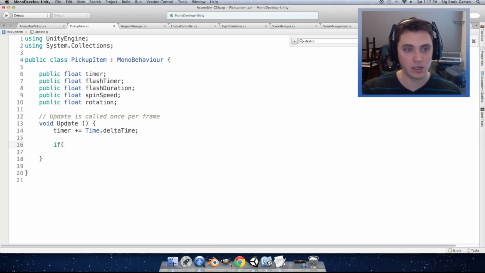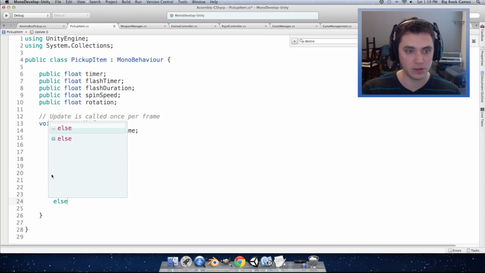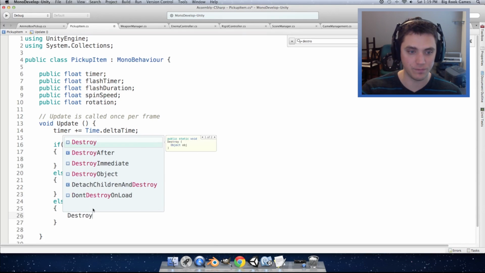So I'm going to tell it if timer is greater than 10, and this is the state that we'll just tell the object to spin in place. I'll just write out all of the ifs right now. And next we want to tell it what to do when it is almost about to expire. So I'm going to add else if timer greater than 0. Then we will tell it to flash. And then finally else, which will be called when it is 0 or less than 0. Because that is the only way it can pass through to this last else statement, and we will destroy the